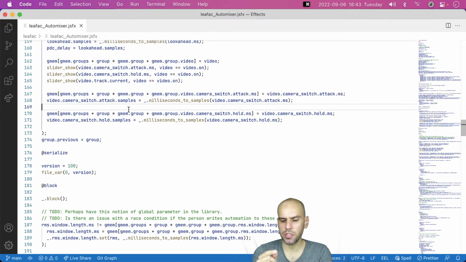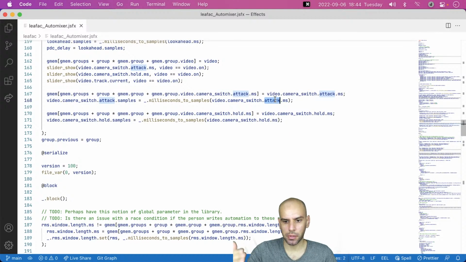So the difference between yesterday's slider and today's slider, namely attack and hold, is that attack is a notion that is self-contained within one instance of the Automixer, as far as I conceptualize this. The plugin instance becomes the loudest microphone in the room. It becomes the person who is speaking.